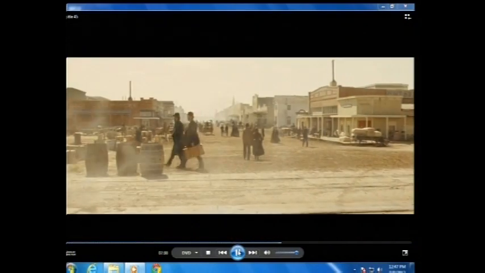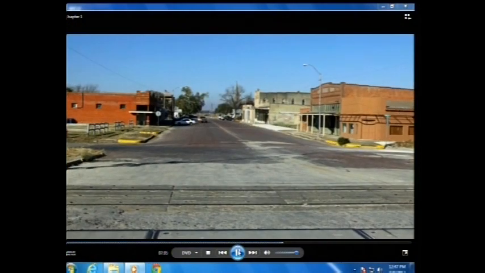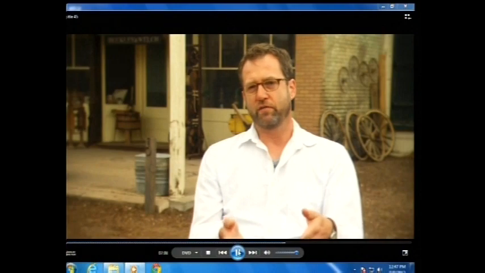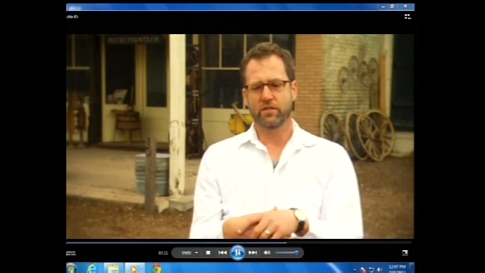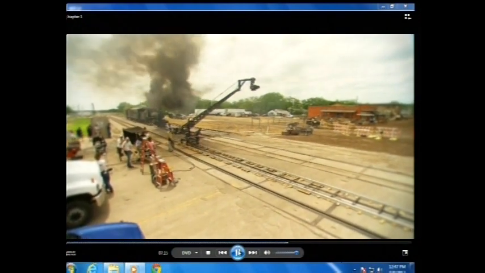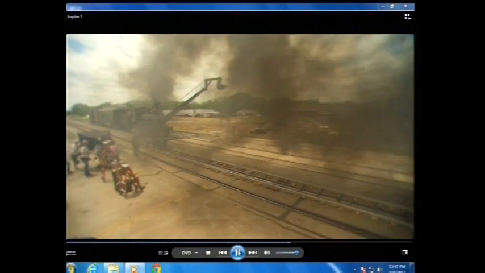It's really the first introduction to the town, where Maddie and a hand from the farm where she lives arrive in the town and are going to retrieve the body of her father. They arrive by steam train. So we had to get hold of this period steam train that we brought in specially, and made arrangements with the Union Pacific, who has the rail line that's here in Granger.